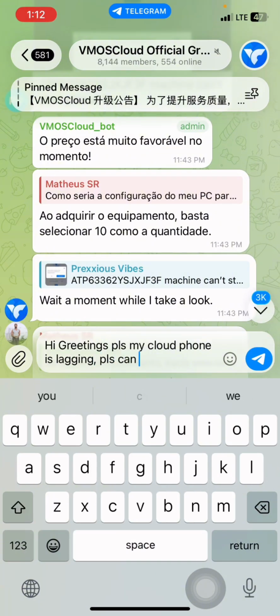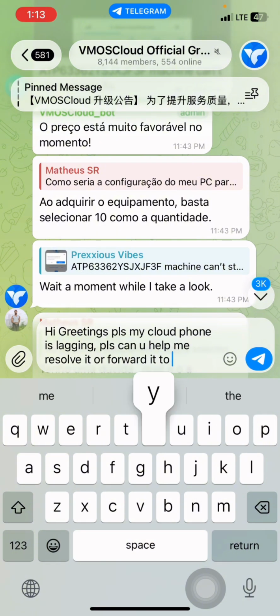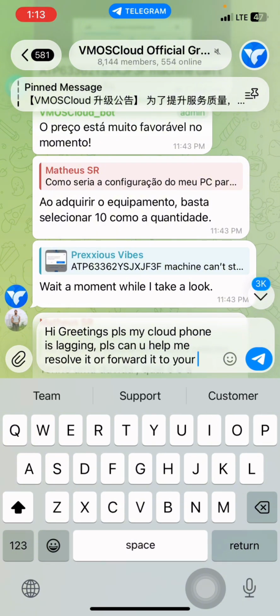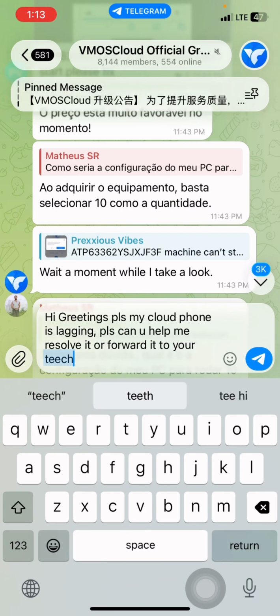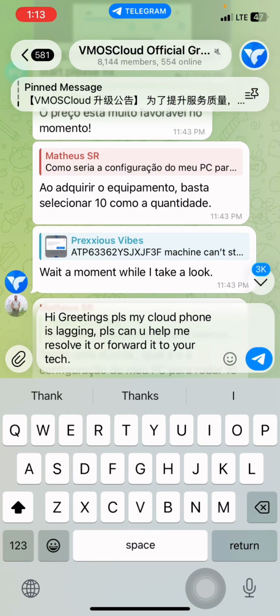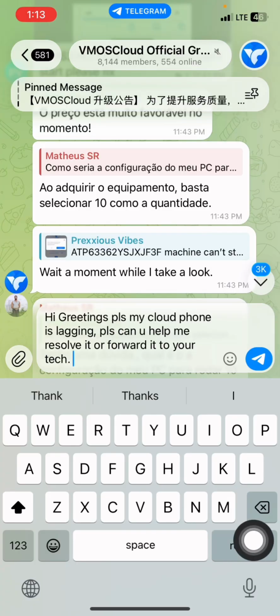Please, can you help me resolve it, or forward it to your tech. So this is okay. Just add your full stop and go to your cloud phone and copy your